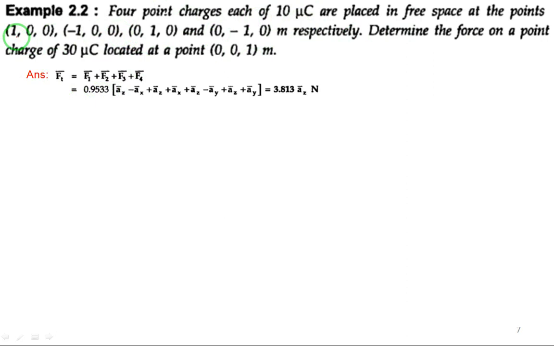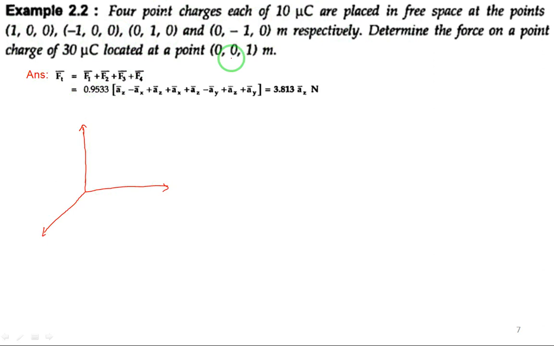You can observe the points. X is varying from 1 to minus 1 here, and Y is varying from 1 to minus 1, and charge Q of 30 microcoulomb is located on the Z axis. So we'll try to picturize it. Without drawing the diagram also we can solve the problem, but if we draw the diagram it shows we know the concept, right? So it is always better to draw the diagram and solve the problem.